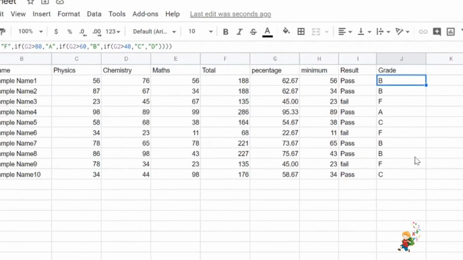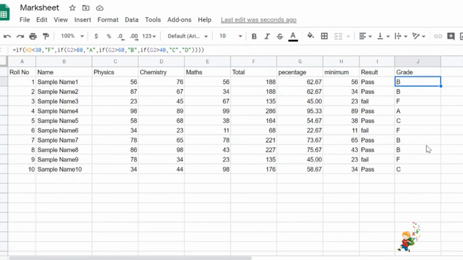So it is very easy to calculate the grades if you wisely use the logic. You can do the same thing manually, but if you need to change the marks sometime, you don't have to change the grade if you use the formula or the functions. Let me show you.